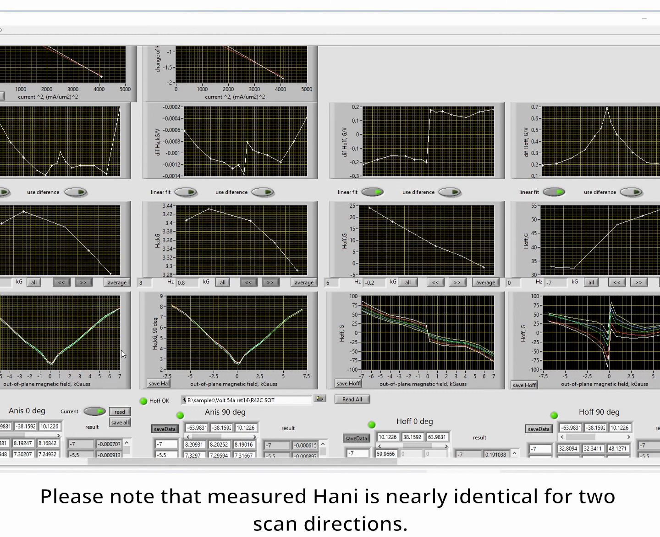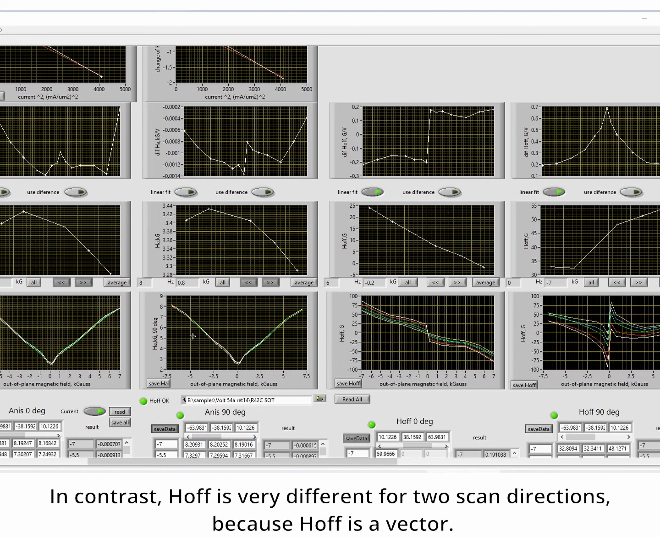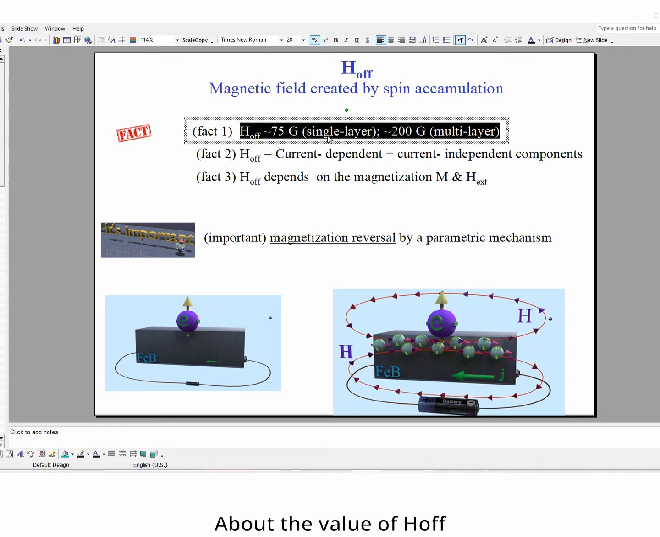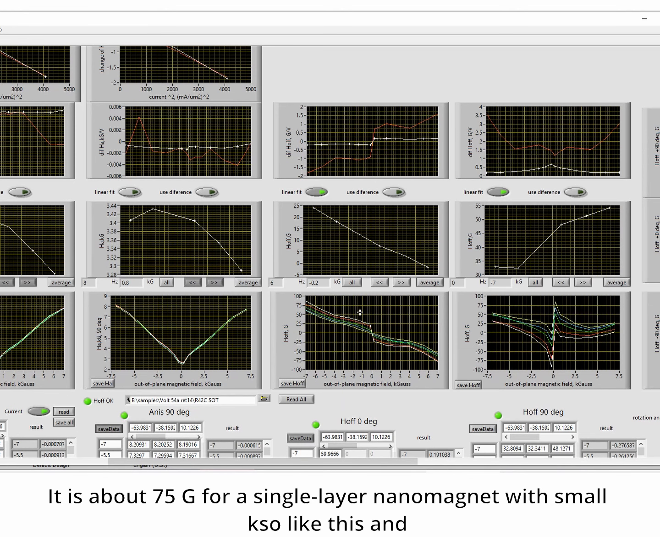Please note that measurement of anisotropy field is nearly identical for two scan directions. It is because anisotropy field is a scalar. In contrast, offset field is very different for two scan directions because offset field is a vector. About the value of the offset magnetic field, it's about 75 Gauss. You can see 75 Gauss